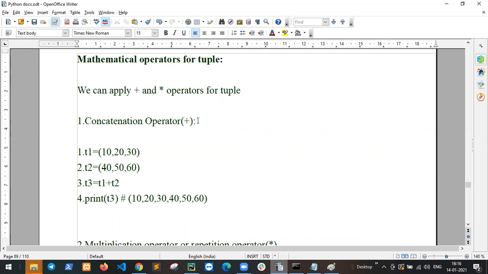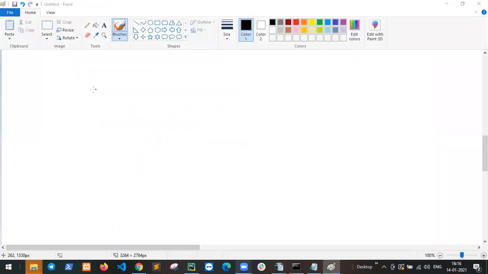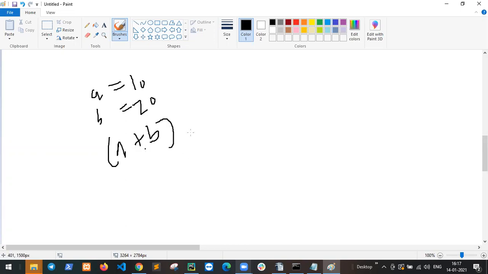If a equal to 10 and b equal to 20, and print a plus b, both are integers, so it is only addition.